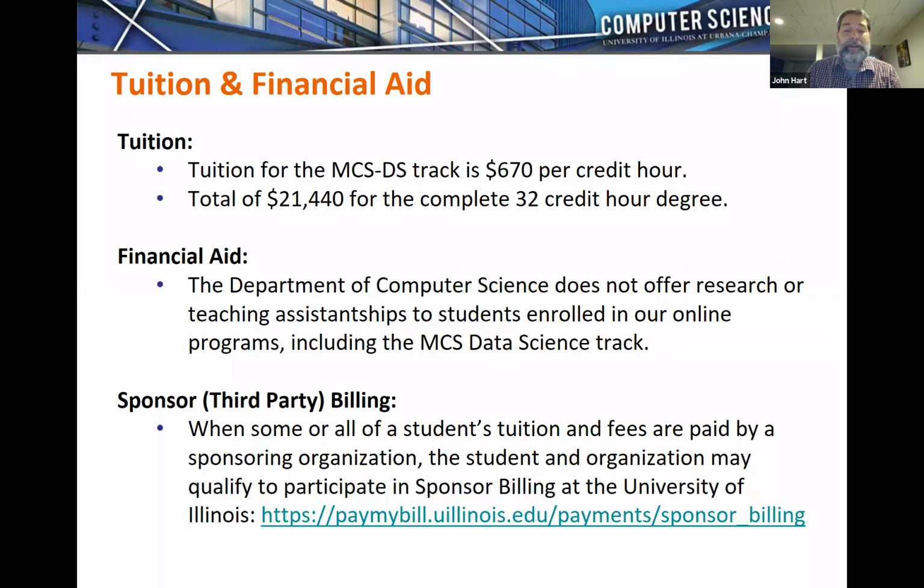It's easy to complete this degree in under $25,000, and it's more than twice that to complete the degree on campus. The big benefit is that if you complete the degree online, you can do it while continuing to work a full-time job if necessary. You may have family obligations, or be a caregiver. It allows you to continue to do that. If you factor in the loss of income for a year studying for the MCS full-time, this becomes a much more affordable option.